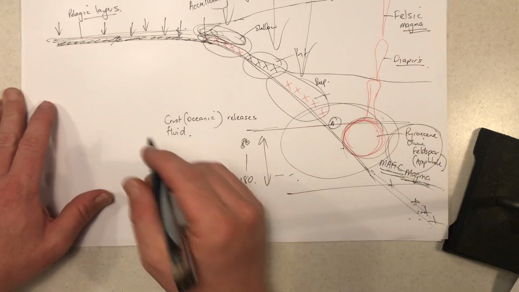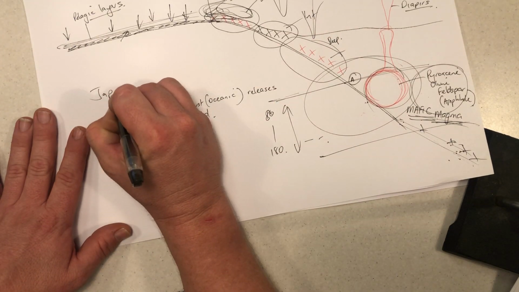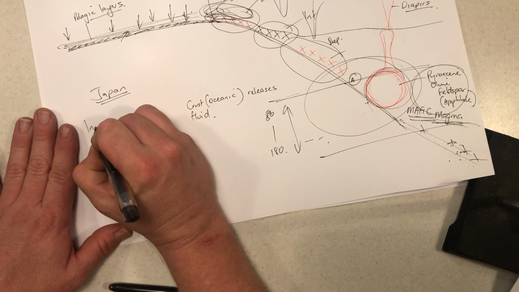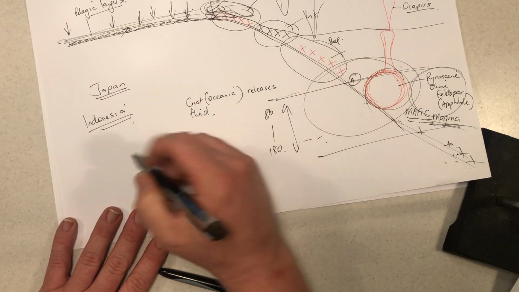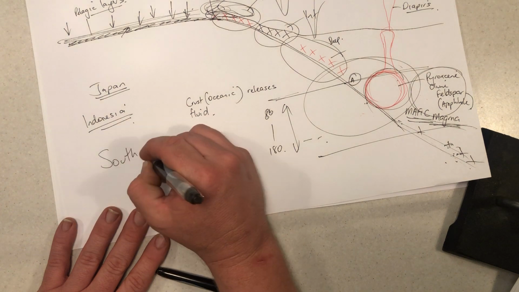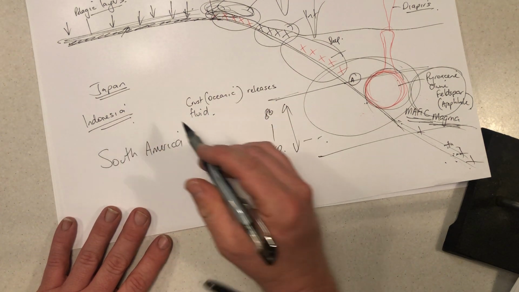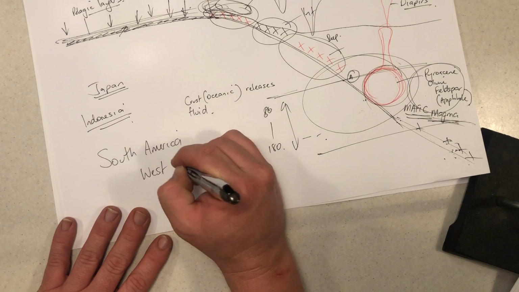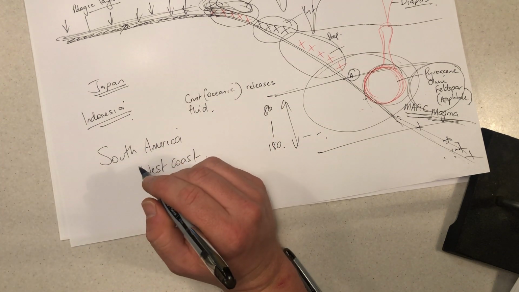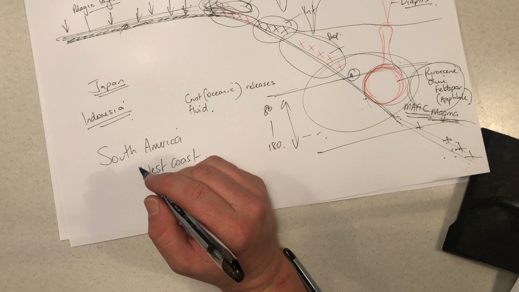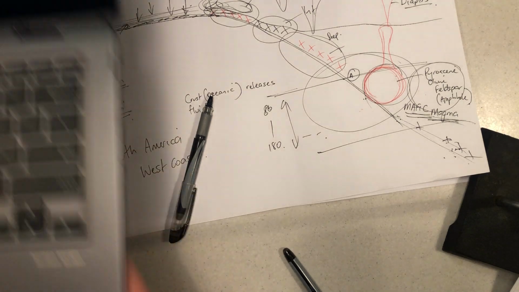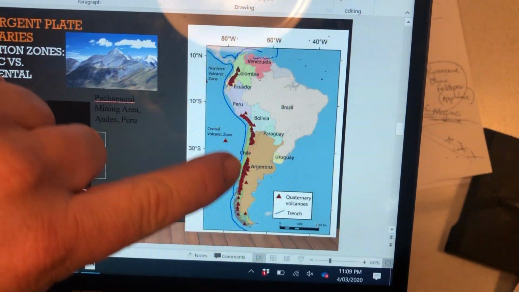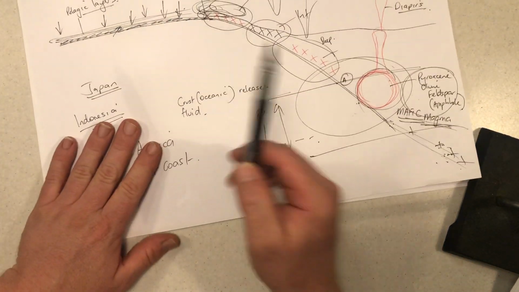an example of these sort of locations, Japan is our best one, Indonesia. But by far one of the best examples of this type of boundary is South America, in particular, the West Coast. And I have a nice slide with a great picture of South America on it, and you can actually see all of the volcanoes. If I hold this there, you can see all of the volcanoes on the west coast of South America. Okay,